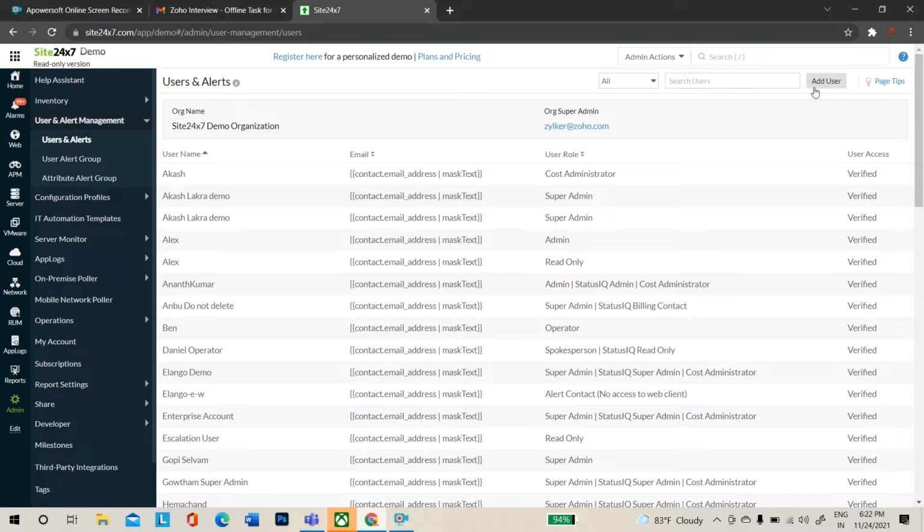On the top right side, if you see, there's an add user button which is very neutral and it is not contrast. To make it look contrast, the button color can be changed to green. We can use the brand color itself. So this will make the button more contrast.